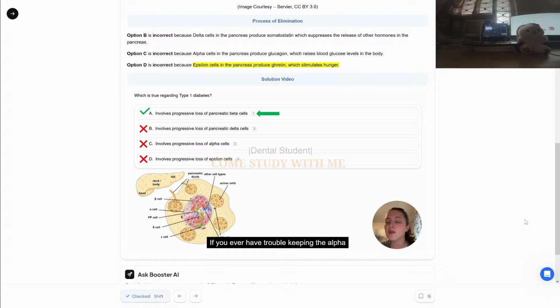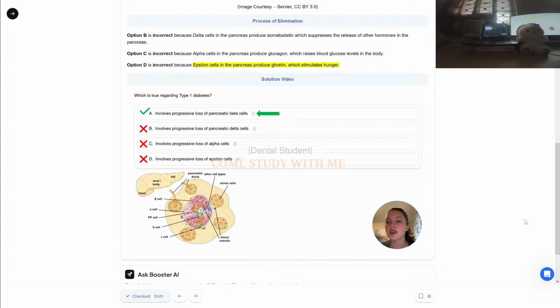If you ever have trouble keeping the alpha and beta cells apart because they have similar functions with blood sugar regulation, I always remember that alpha comes first alphabetically and glucagon comes alphabetically before insulin. So since alpha is earlier in the alphabet, it goes with glucagon, and since beta is later in the alphabet,